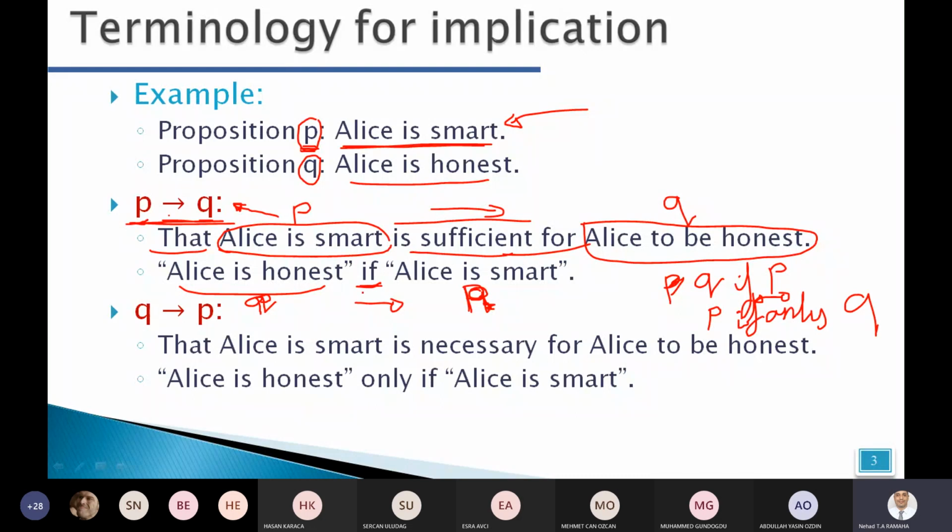So why like this? Because this will be true if my hypothesis will be true. Then Alice will be honest if Alice is smart. This is my logic statement here. Another logic statement here, speak about, take a Q first as another example. Then Q,